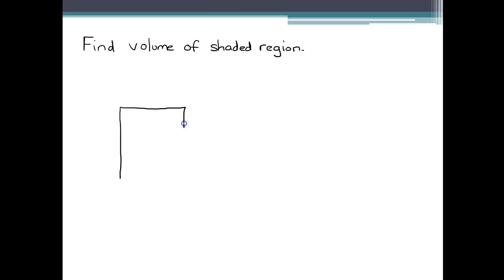Alright, as I promised, I just inserted a slide, and I'm going to go ahead and do an example problem from a book with you guys. You're going to have a 3D version of something that was in the last lesson where you had to find the area of the shaded region. Well, now you have to find the volume of the shaded region. Okay, and I'm actually going to pull number 25 out of the textbook, where it gives a box